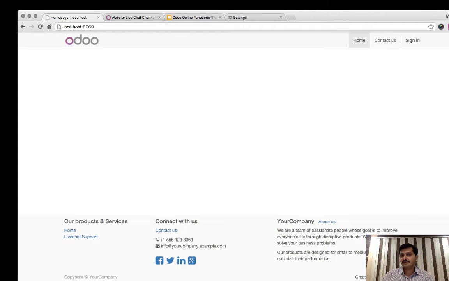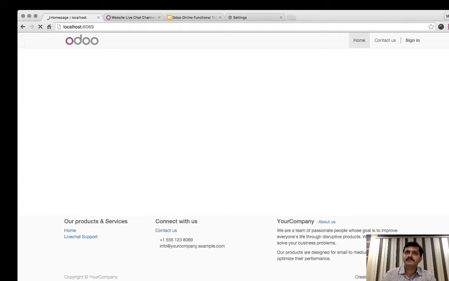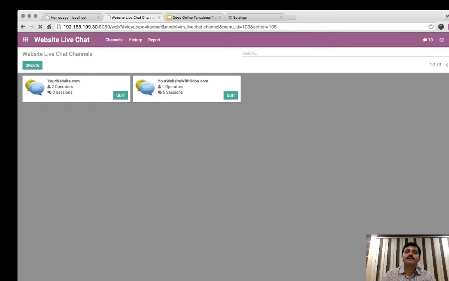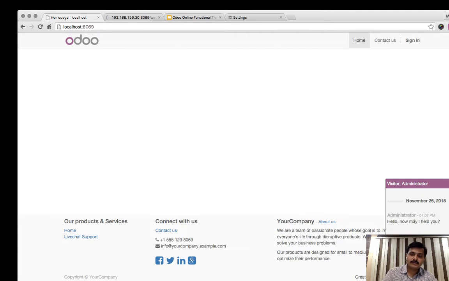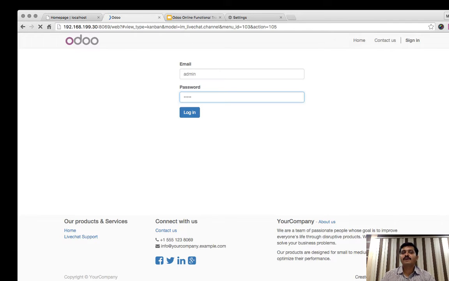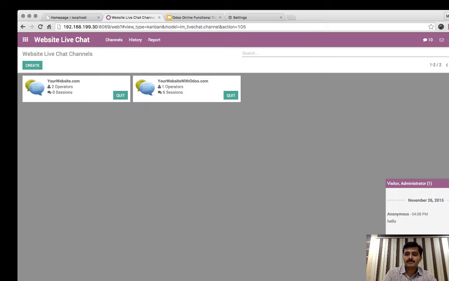Super complex. It's not easy. Clear browsing data. Everything is clear because everything is stored in the cache. So if I get administrator, now it's correct. Let's say login again because I cleared the cache as admin. And when you say hello, administrator should get notified in his instance as hello. And now say